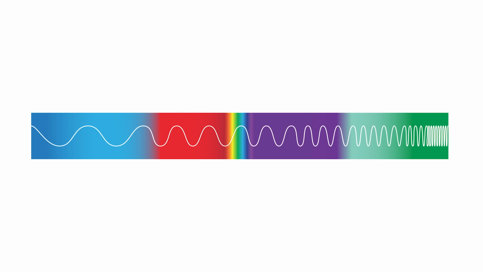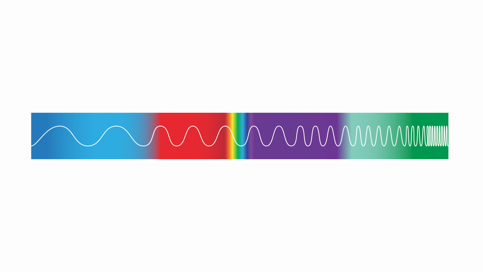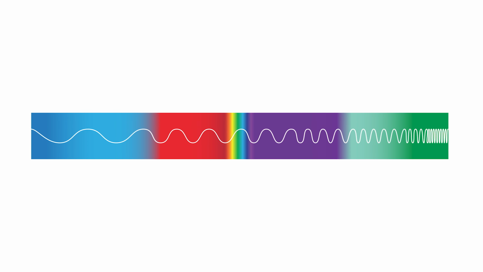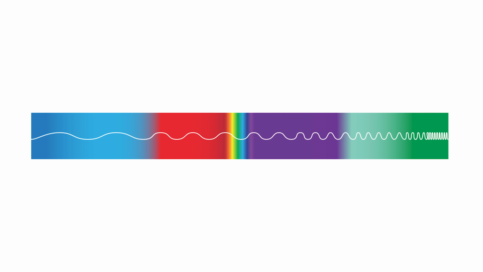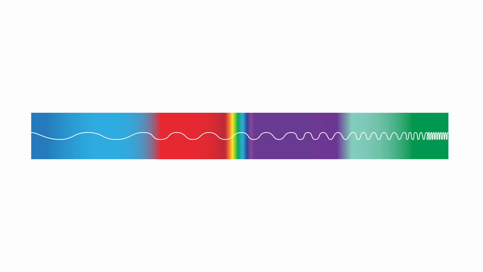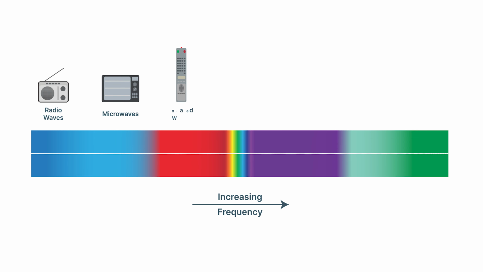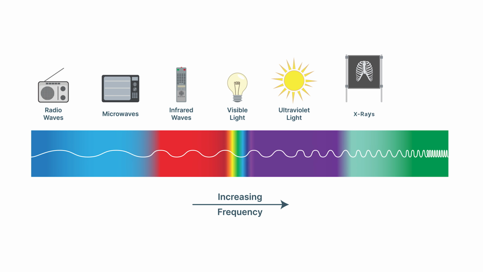Before we can look at spectra, we have to first understand what electromagnetic radiation is. Here you see the electromagnetic spectrum, which includes all types of electromagnetic radiation. These different types of radiation are all essentially the same as each other and differ only in terms of their wavelength and frequency. In order of increasing frequency, it includes radio waves, microwaves, infrared radiation, visible light, ultraviolet radiation, X-rays,